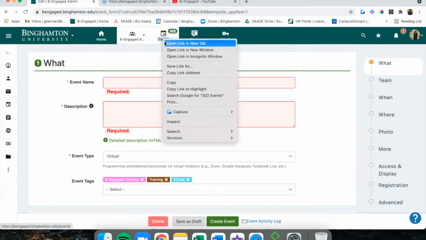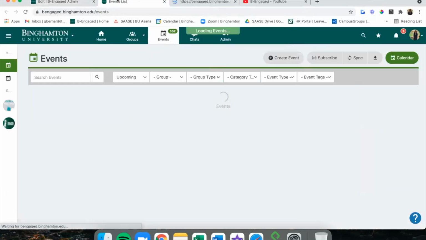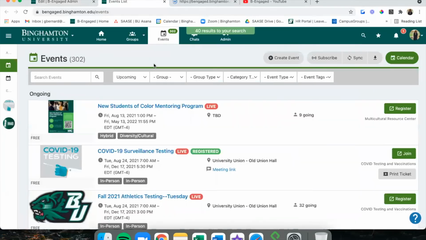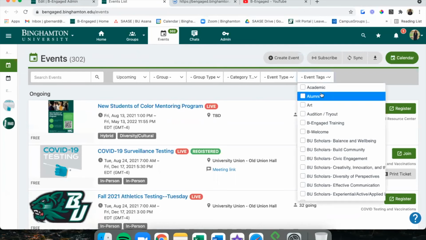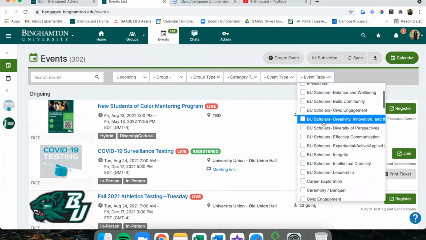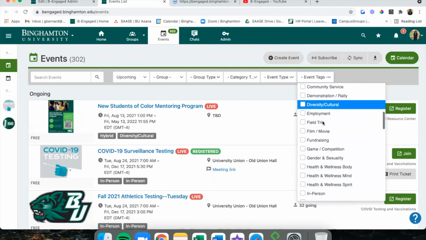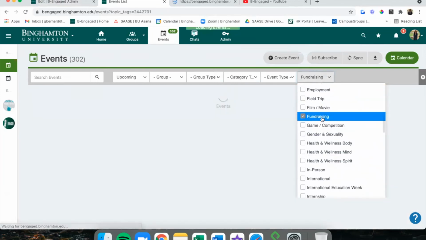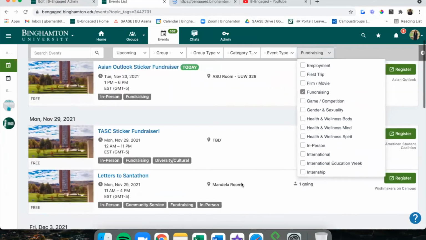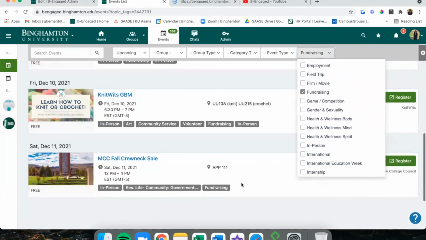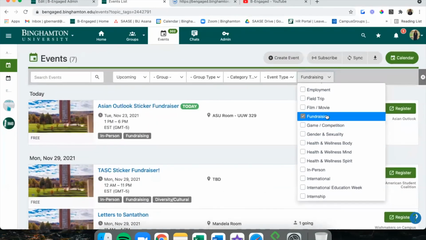So if we open up the events calendar, you can see at the very end here, there is an event tag drop down. So if I was just looking for events that were fundraising events, I could click that tag and find all of the events going on that are fundraisers.